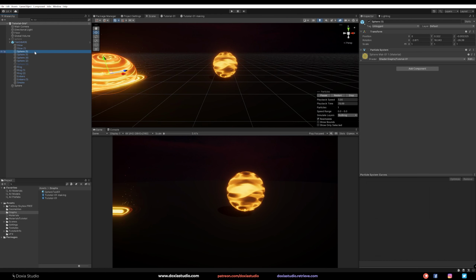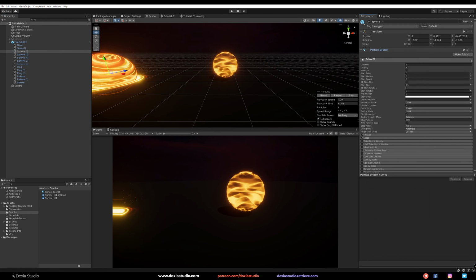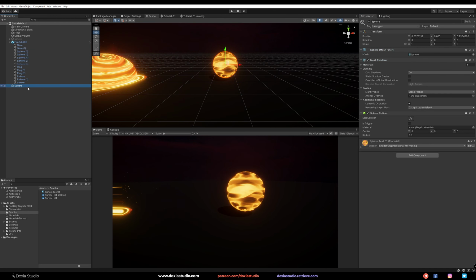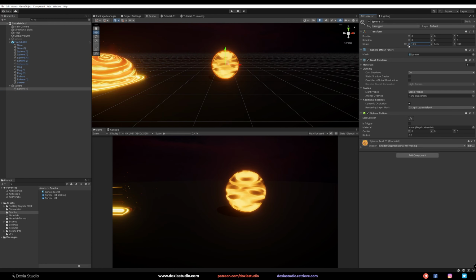I like to use particle effects or particle systems, as you see here, and not duplicate the models, because if you come here, you can control the render order or the sorting order, and that's really important because, for example, you got this one, and you want this sphere to be inside, and you can't really control what you see in front of you. And then if you change here, that's a cool effect.